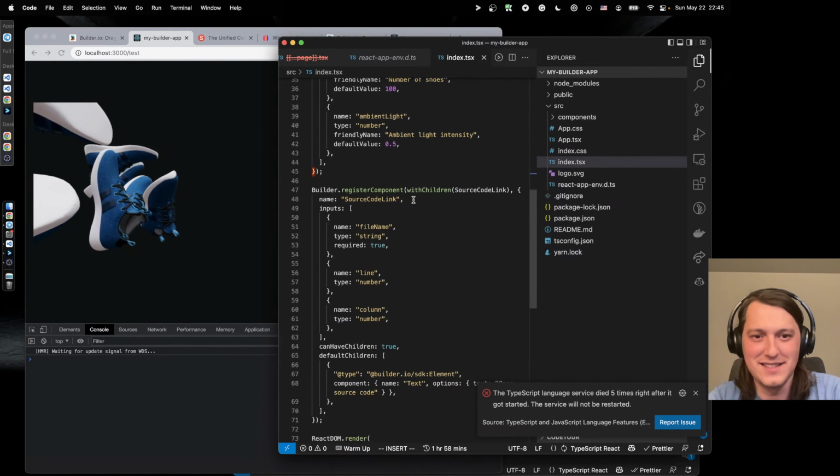So this is a component with children, default children, component text, open source. Yeah, but how do I know where it's used? Source code link. This one? Yeah, what are the children? As children.